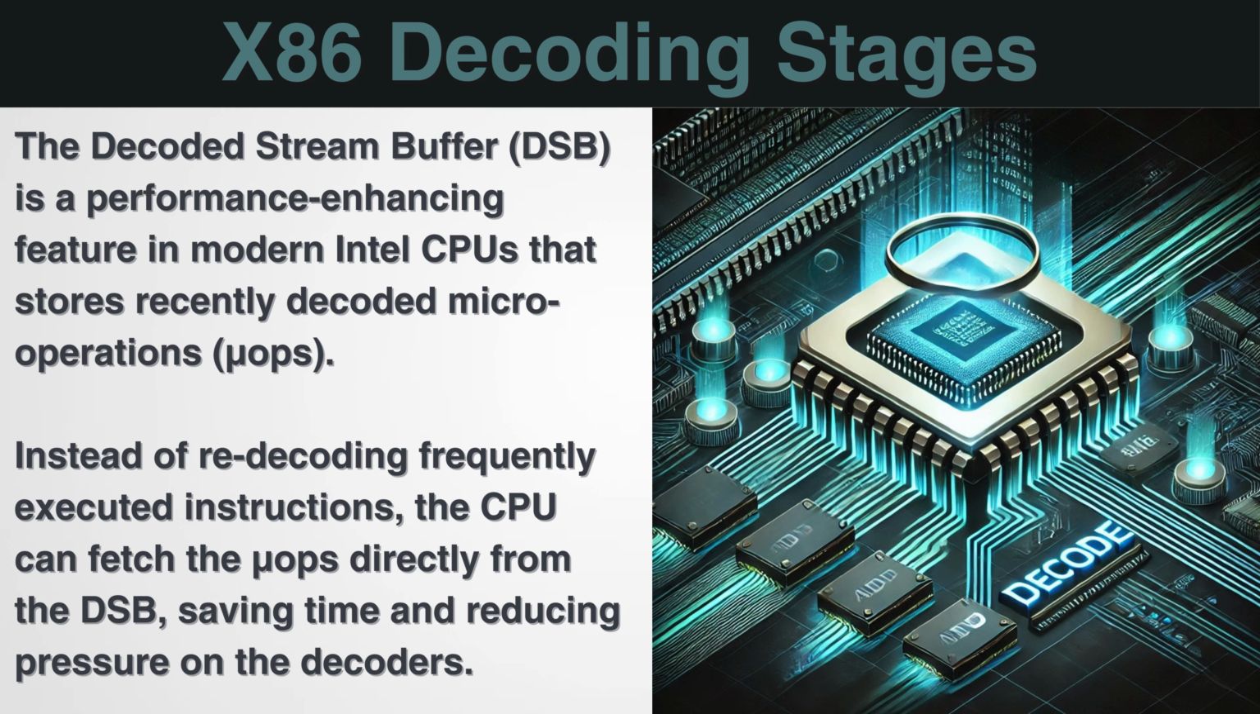Now the DSB, the decoded stream buffer, is a specialized micro-op cache in modern Intel CPUs. Its primary function is to store micro-ops that have already been decoded from x86 instructions. By retrieving micro-ops directly from the DSB, instead of decoding instructions again, the CPU saves time and resources, improving performance for frequently executed code. So you can think of it like instead of retranslating a complicated recipe every time you cook, you write it down once, that's a decoded micro-op, and refer back to it with the DSB whenever you